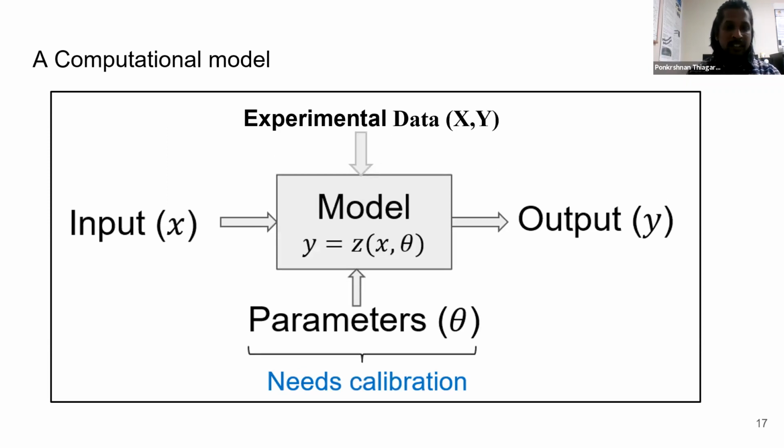So the motivation for performing Bayesian calibration is presented here. A computational model is a mathematical representation of a physical phenomenon. Now, any computational model will have an input X and they predict outputs Y. Apart from these inputs and outputs, there can be additional parameters to the computational model, which may or may not be obtained from experiments. So these parameters need to be calibrated in order to use these computational models. Thus, to calibrate these parameters, we have performed a Bayesian calibration.